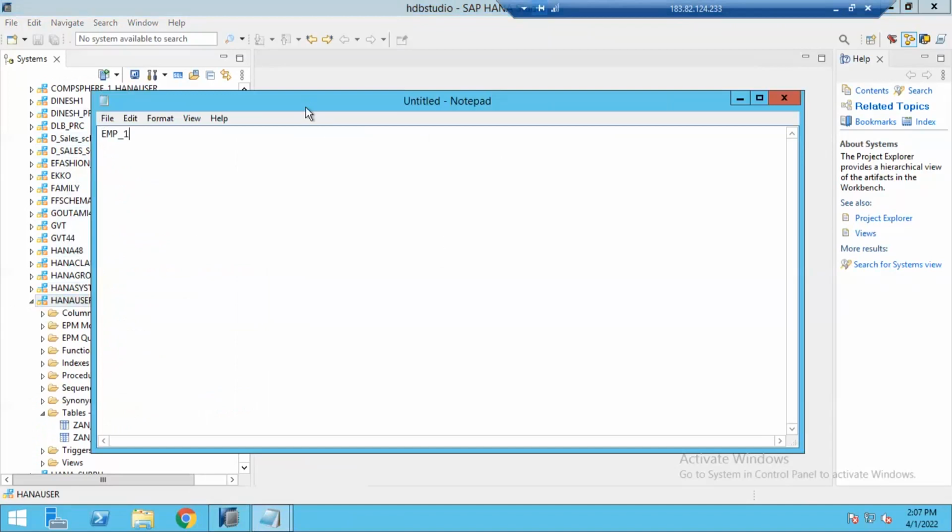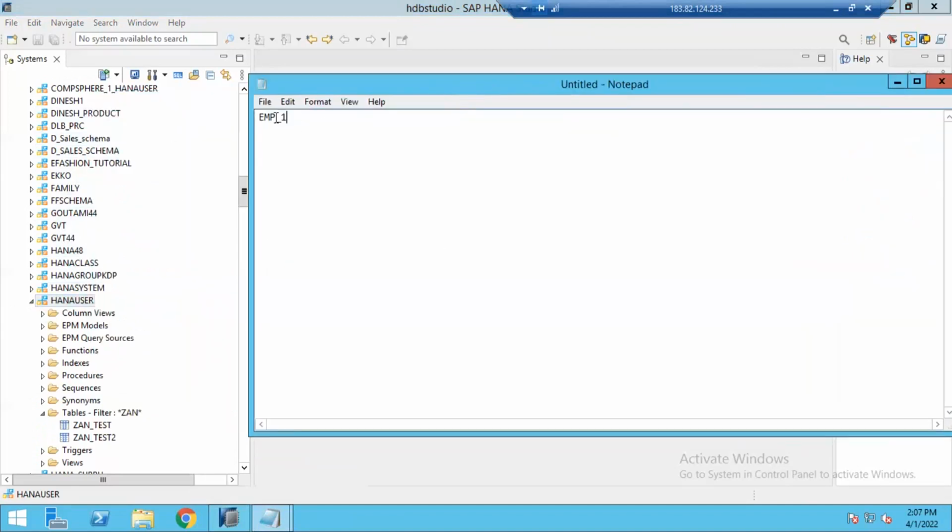Whenever the admin creates one user emp1 in this database, automatically a schema will be created with this name. But when employee2 logs into the HANA database, he cannot see this schema because employee2 doesn't have access to the employee1 schema.